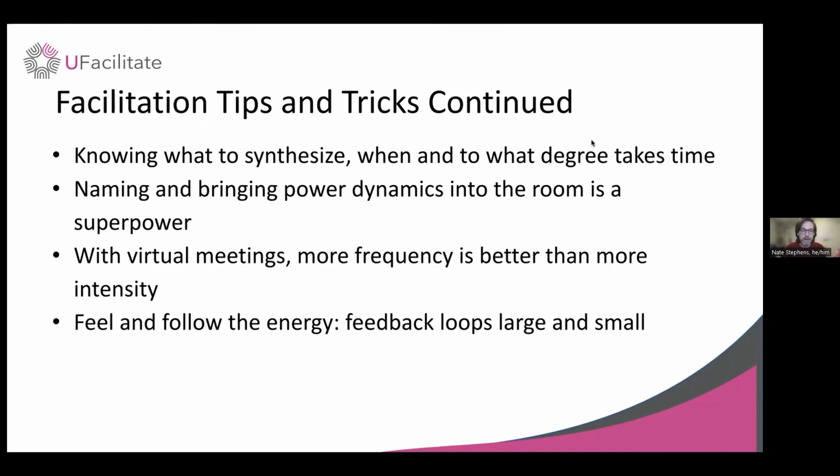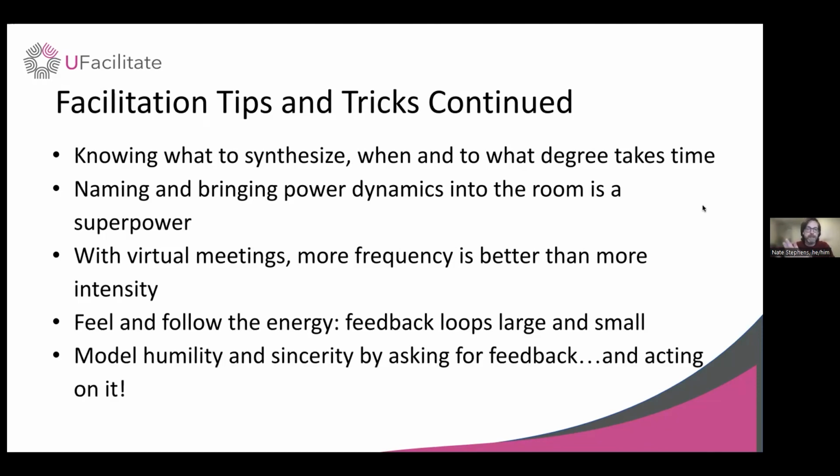I often say follow the energy. So that means paying attention. A feedback loop, for me, can be formal feedback that I ask at the end of a session, but it could also be watching people's faces, even on Zoom, after I describe something or after I attempt a joke. That is feedback for me to say, okay, I have their attention, or we're headed somewhere. It's just constantly paying attention.